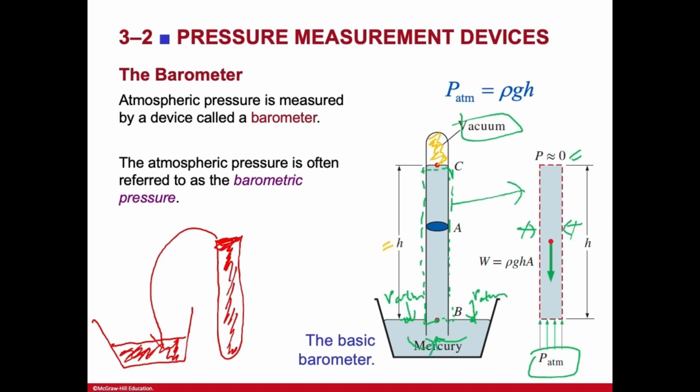The next thing we also have is the body force, which is going to be a result of the weight. The weight is given by density times gravity times volume, which is the height of this column times the cross-sectional area. So that's rho G H A. Now, if you have to do a force balance,